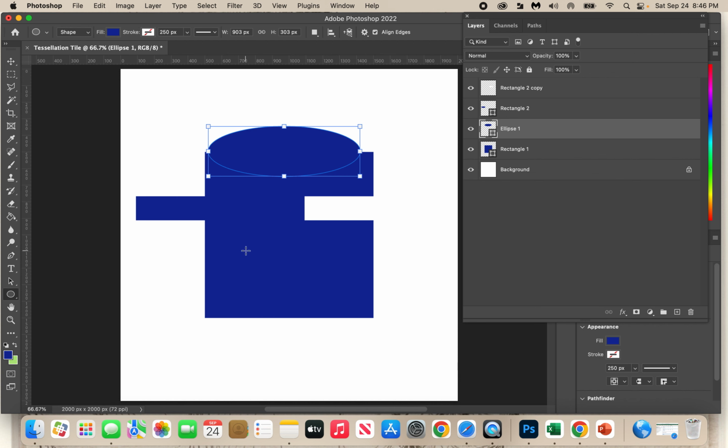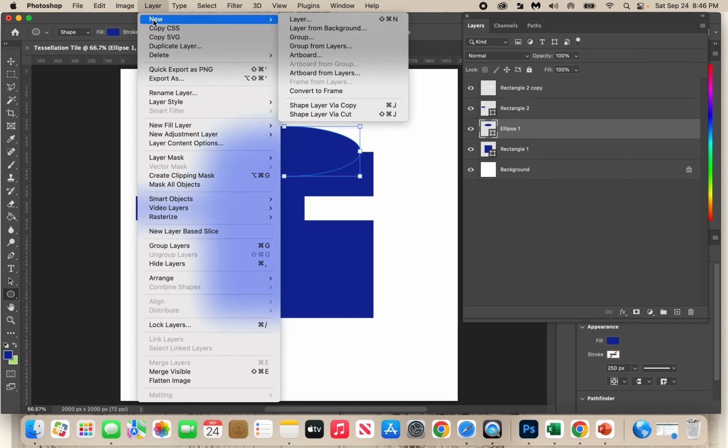Cool. Great. Now, once again, whatever you do to one side, you do the opposite to the opposite side. So if I added an ellipse to the top, I need to remove an ellipse from the bottom. So I'm going to create a new version of this layer: Layer, New,